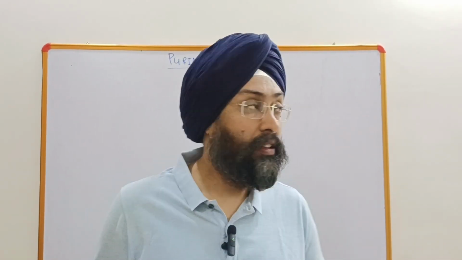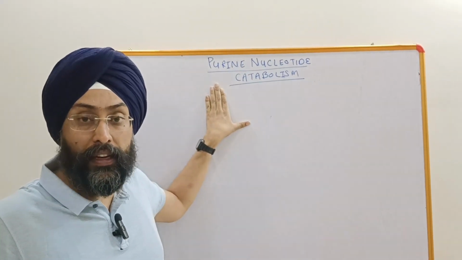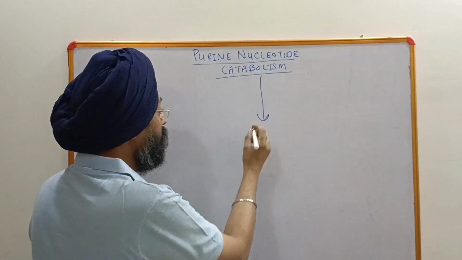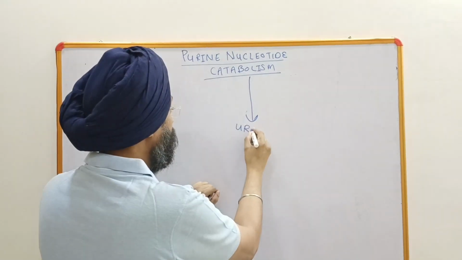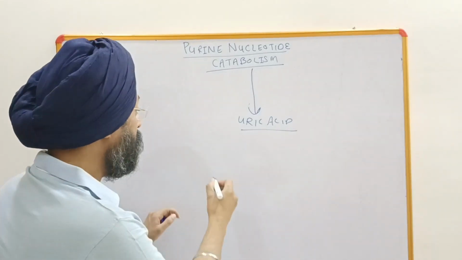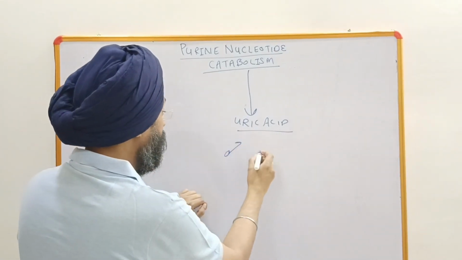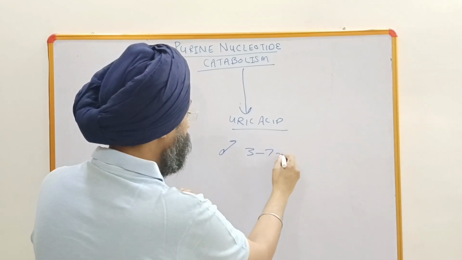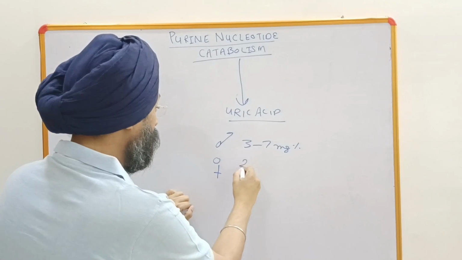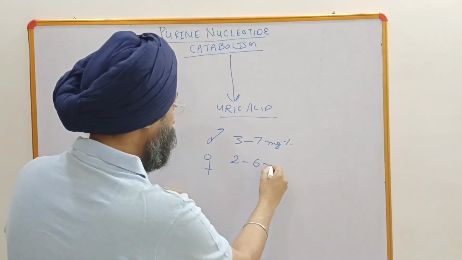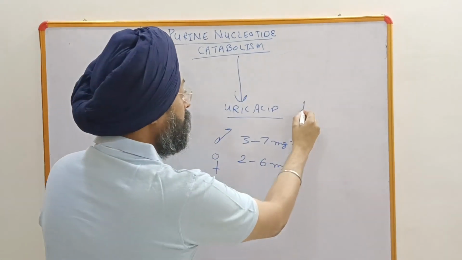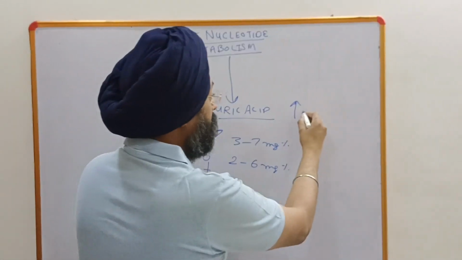In today's video, we'll discuss purine nucleotide catabolism, right? So breakdown of nucleotides will lead to formation of the final product, that is uric acid, right? The normal levels of uric acid are, in males, 3 to 7 milligram percent, and in females, 2 to 6 milligram percent, right? And increased levels of uric acid will result in gout